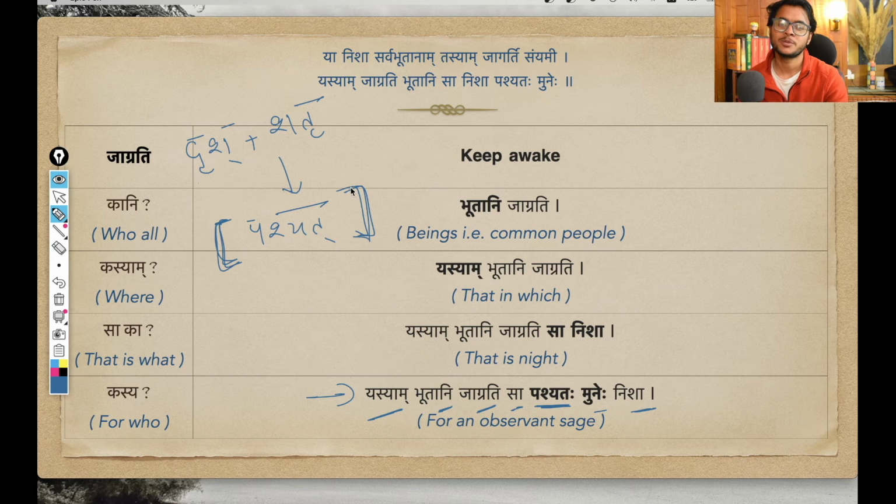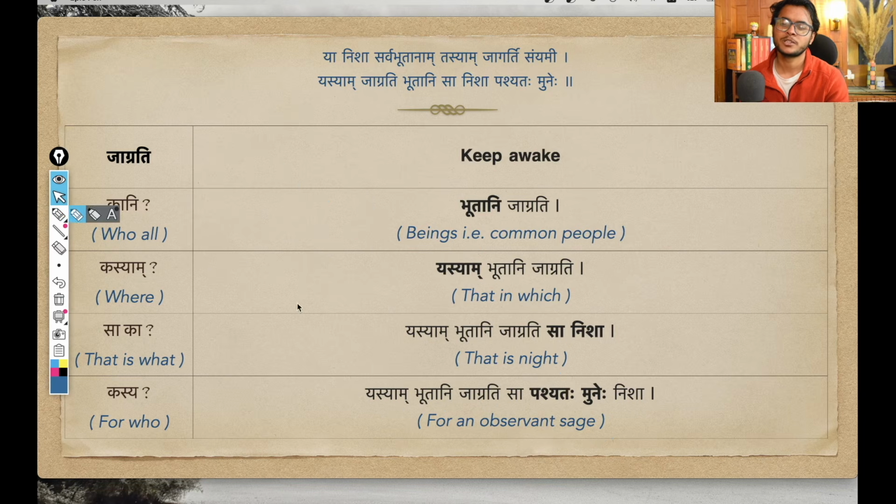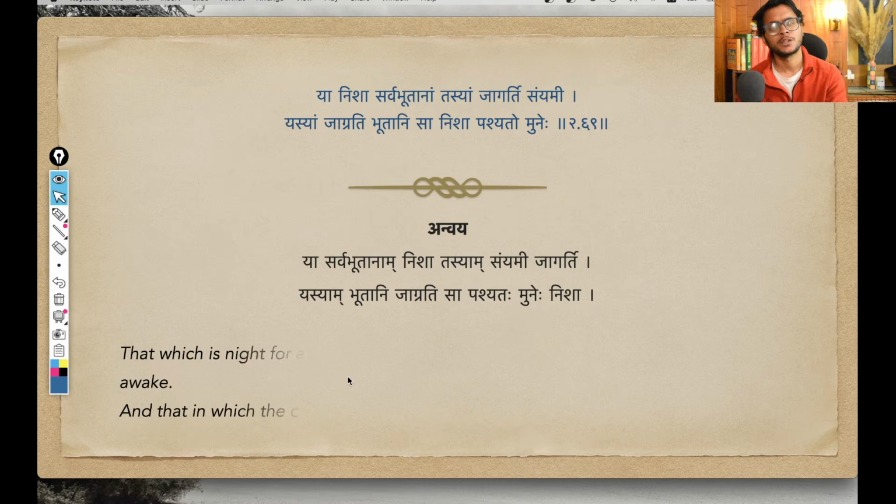Okay, so this pashyat is being used as an adjective for Muni because they have this vision which continuously sees through the true reality. Pashyat being used as an adjective for Munehe, so it is taking the same form: pullinga shashti vibhakti ekvachanam form. Pashyat changing into pashyataha. Okay, so I hope all these words, all these padas are clear. Let us see the anvaya along with the anuvada once.